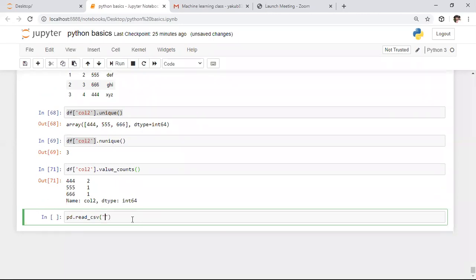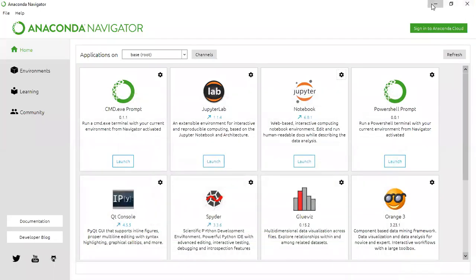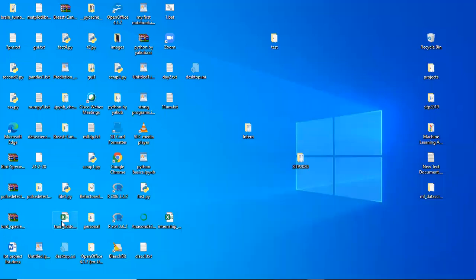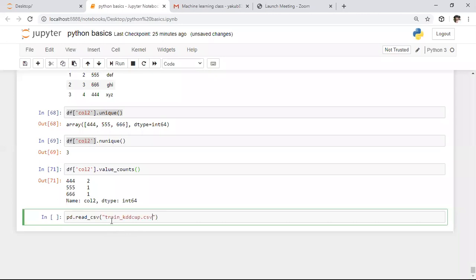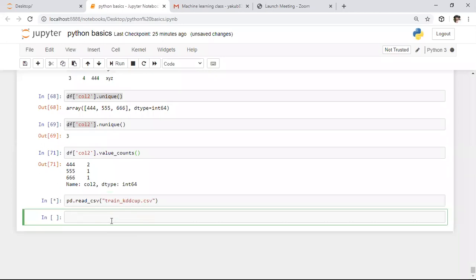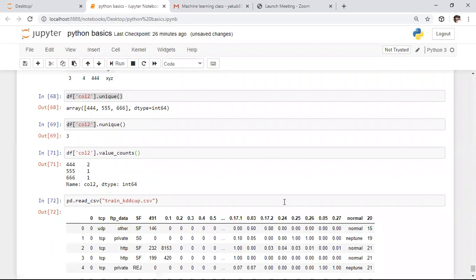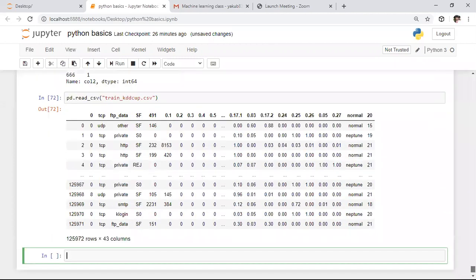Here I want to read the data which is present on my desktop. Let us say I am going to my desktop. Here on the desktop, we have two XLS files and one CSV file. I want to copy this entire file name with Control C, and paste it here. After this, I am running this portion. Whenever you run this program, we are accessing the entire data present in that CSV file. By using the read_csv function, we can access the data present in any CSV file.